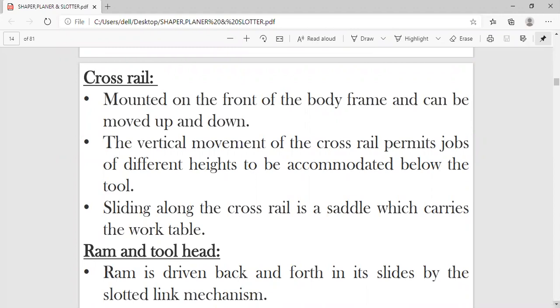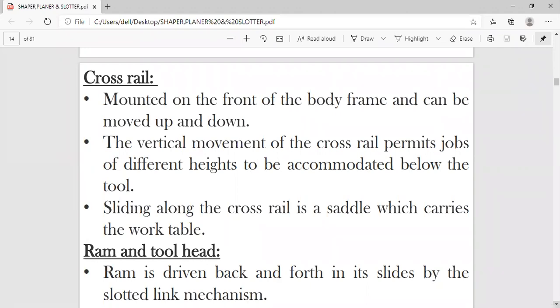Already I told you that the movement is up and down, and this vertical movement is provided to permit jobs of different heights, because different heights of the jobs will be there.